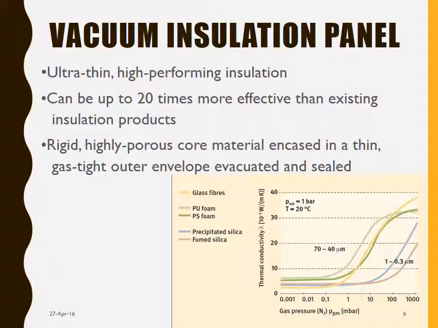Below we can see a graph of how the thermal conductivity of various materials decreases with the decrease in pressure. Foams and glass fibers require a high quality vacuum with a gas pressure less than 1 millibar. With a particularly finely nanostructured fumed silica, a gas pressure of just 10 to 50 millibar is sufficient to substantially suppress the gas thermal conductivity.